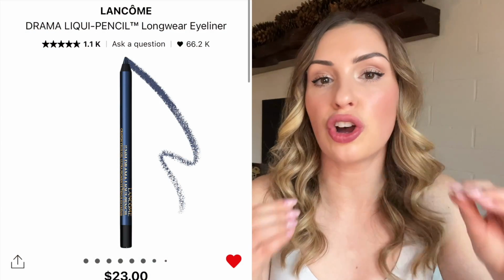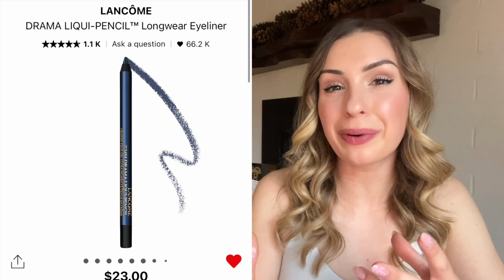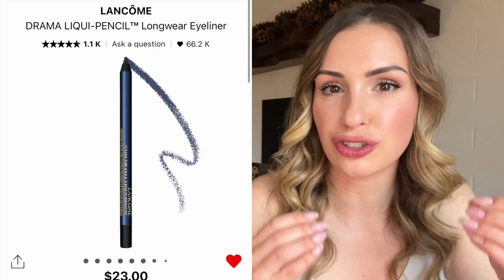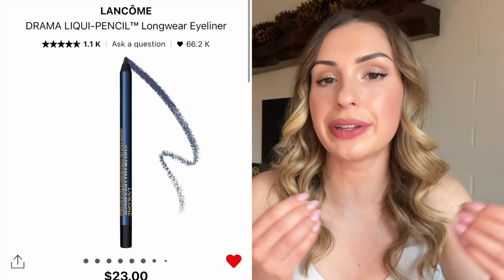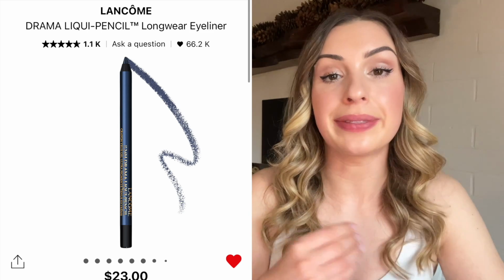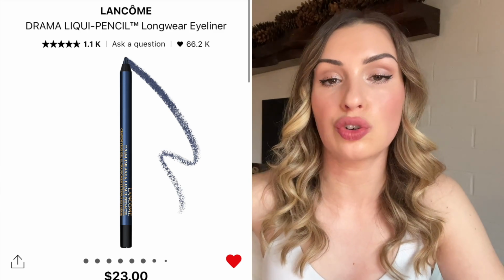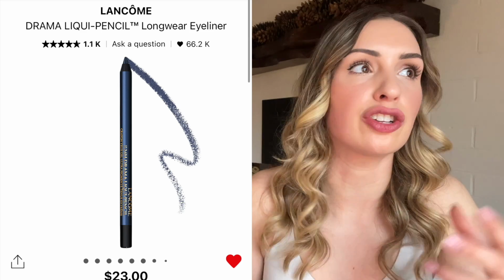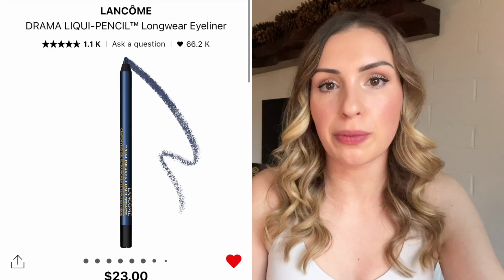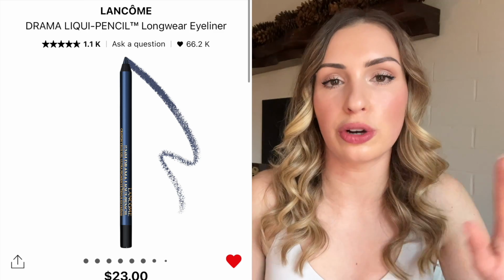These are so smooth on your eyelids. They blend really easily, but they also last all day. When I'm looking at eyeliners, I want something that's going to be really easy to blend when I first apply it, but then has really good longevity and does not budge or smudge throughout the day. They aren't hard to remove or anything. It's not like a super waterproof product. I have the purple one, and I think I'm gonna get maybe the navy one and the fern green one